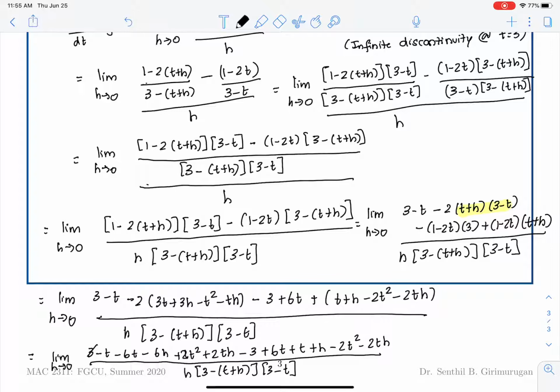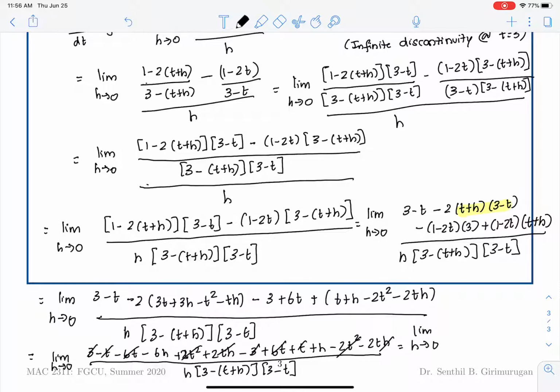So the 3's will get cancelled, the 6t's would get cancelled, the t would get cancelled, the 2th would get cancelled, the 2t squared would get cancelled, and we are simply left with the limit